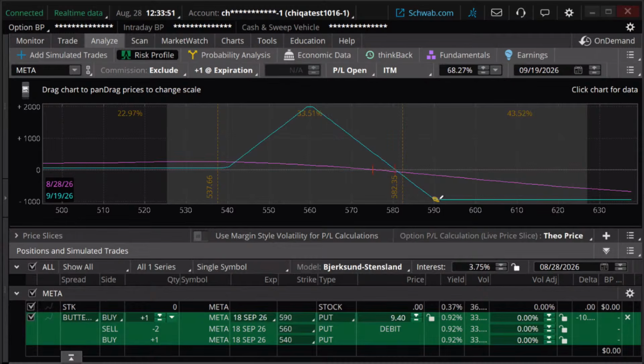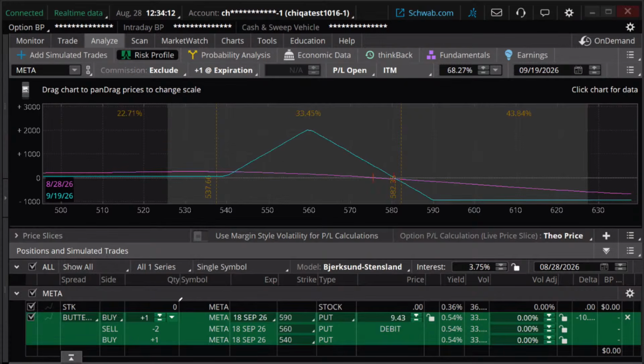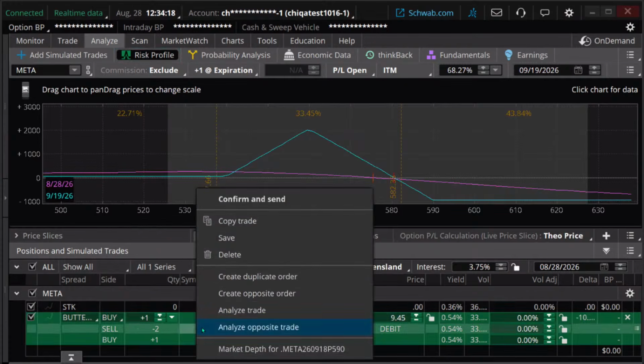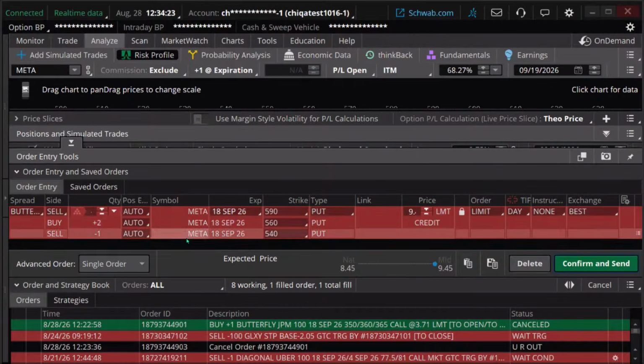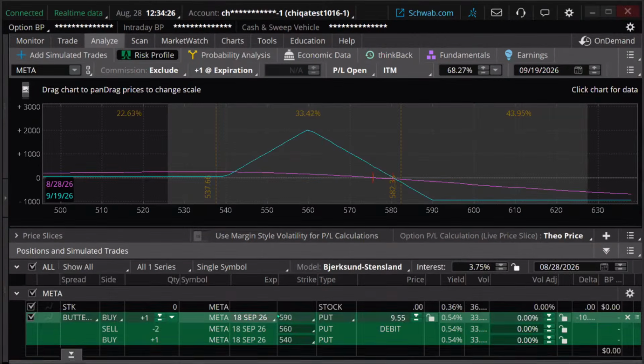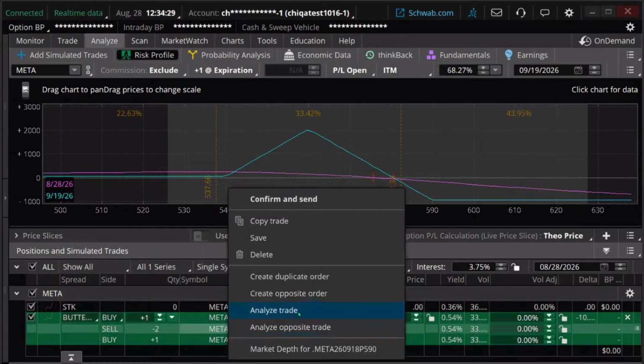But before expiration, it's not. Before expiration, you've got to look at that purple line here, okay? So we're going to be a long ways from max loss, probably. I can't guarantee it, I guess, but probably. If this move occurs in the next week, then we're probably not going to be at max loss at that point. So I'm willing to do that for that reason. If I want to do that trade, I can create an opposite order, okay? And I'm actually in the Analyze tab right here.